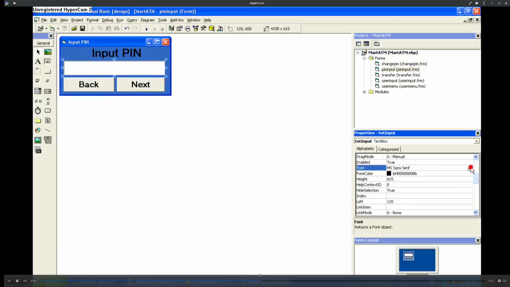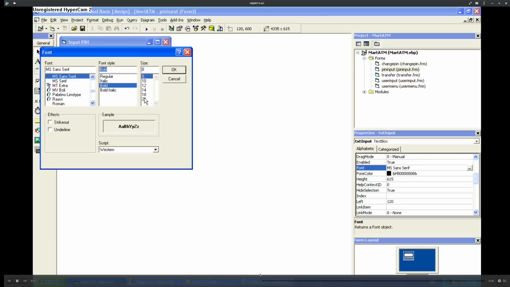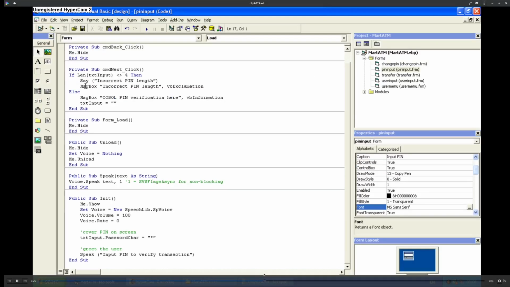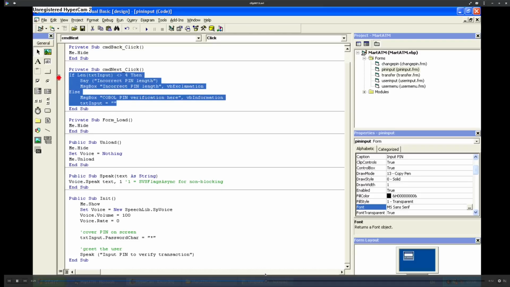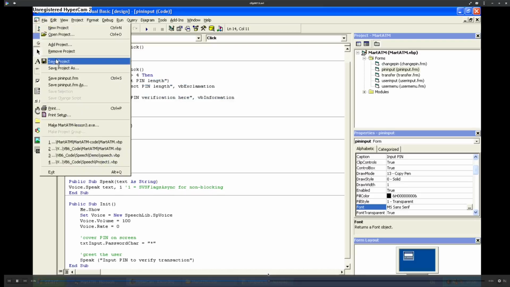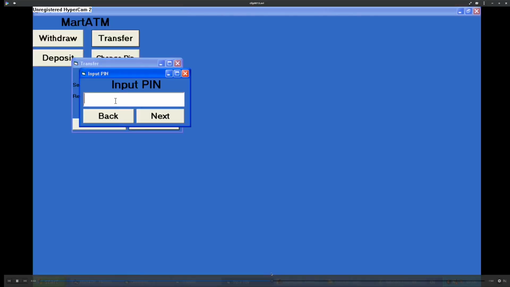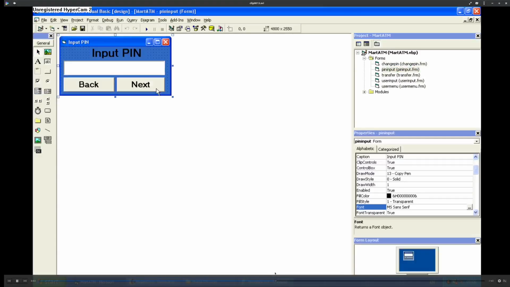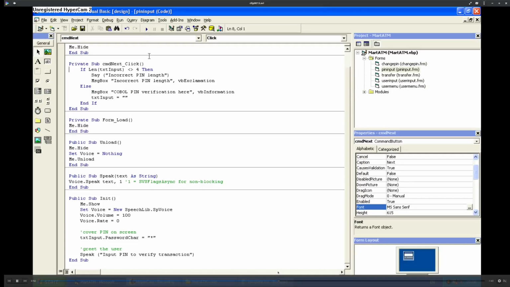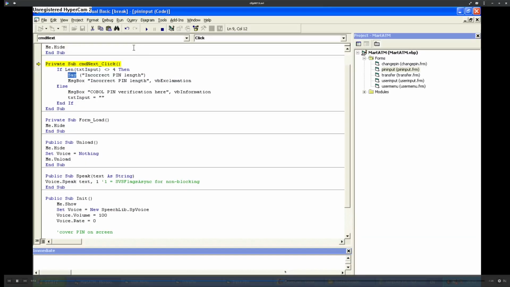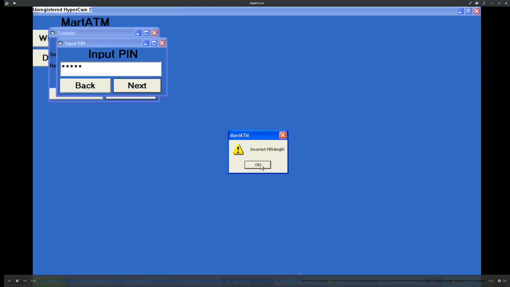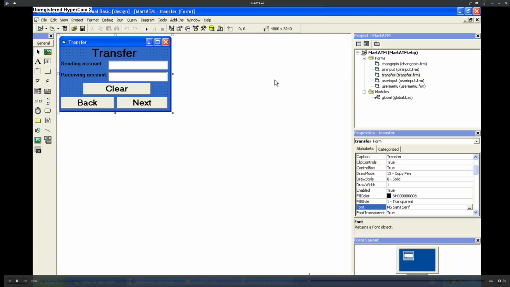Then I quickly fixed an if error. Then changed the font in input pin text box to a larger font. Added an if to CMD next and then ran a quick test. It turned out I wrote say instead of speak, so it just said the function is not defined, so I fixed that. Then ran some more tests